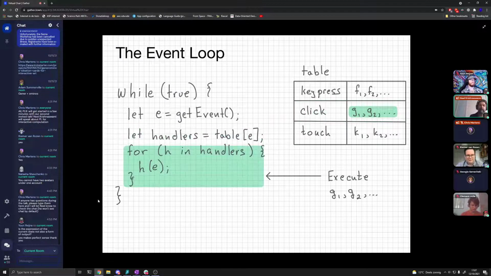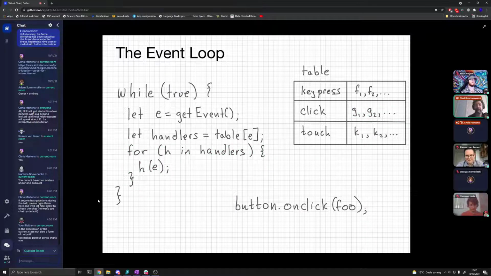Then for each handler, G1 to Gn, we call it and pass it the event data and have it do whatever state modification it's going to do. The way these onClick methods work is that whenever you invoke something like button.onClick, you modify this global table and add the event handler that you wanted to register to this table.